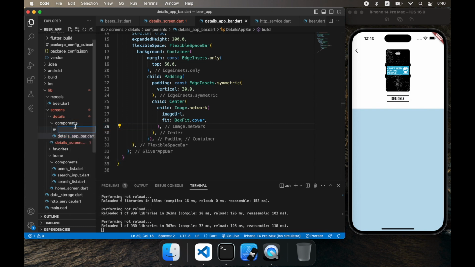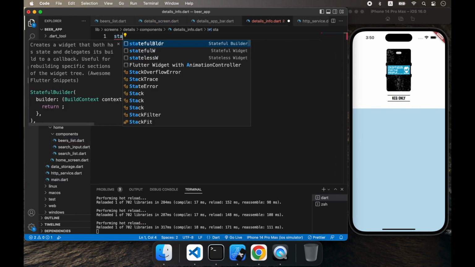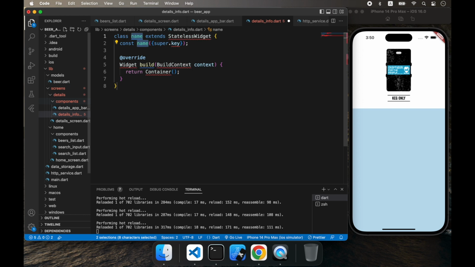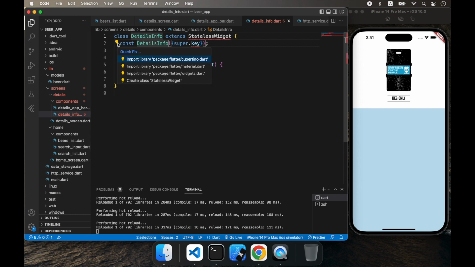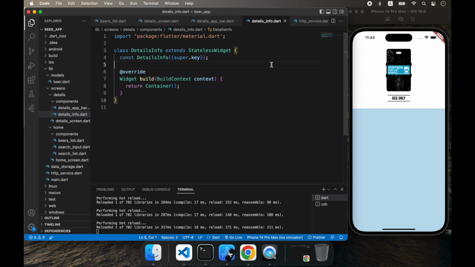Now I will create the next widget, which is going to be called details info, and here I will display all the detailed information about the beer. It will be a stateless widget with the name details info. And I can also import the material package. So let's start with the details info widget. So I will replace the container with the